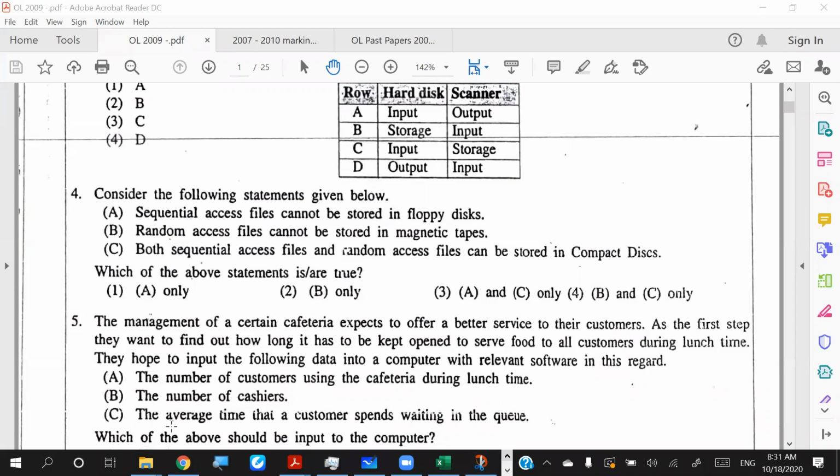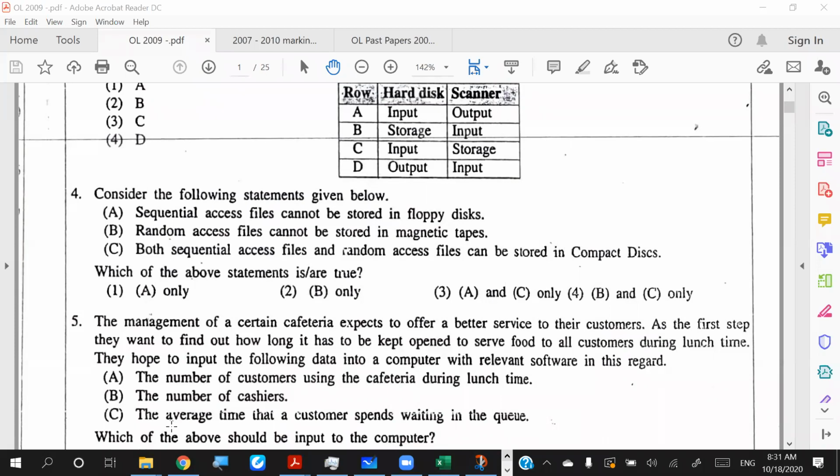Third one, it's A and C, right? So A can be taken as definitely incorrect. So the most appropriate, the best answer out of these four is the fourth one that we can use. But still, someone can say B is wrong, right? The paper has been jumbled.